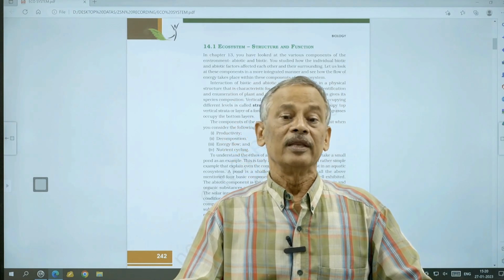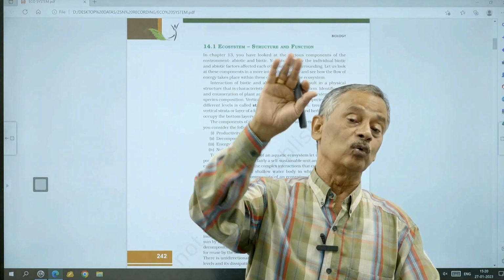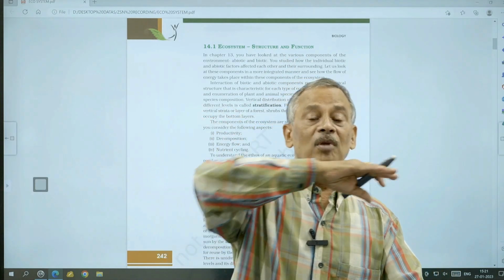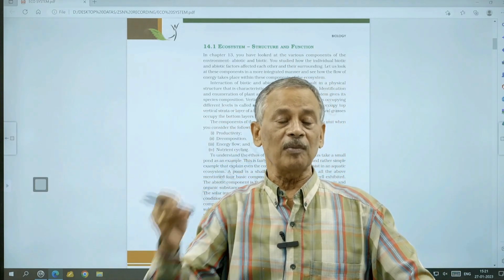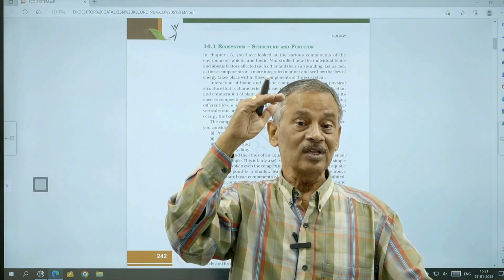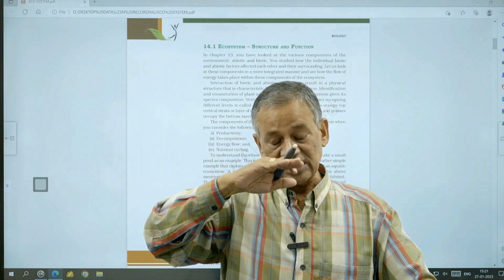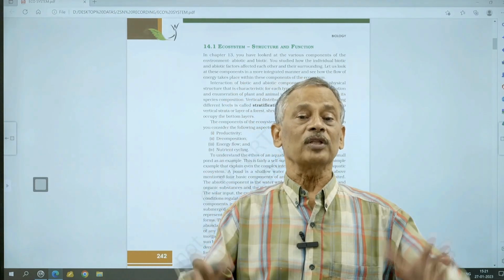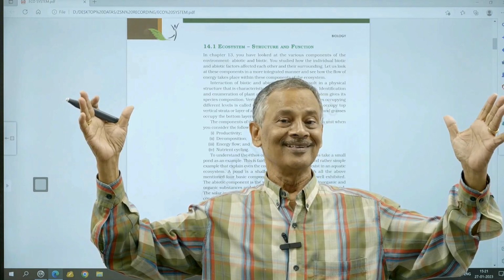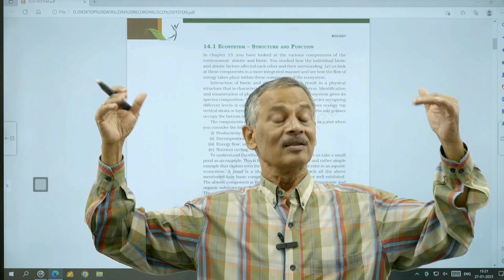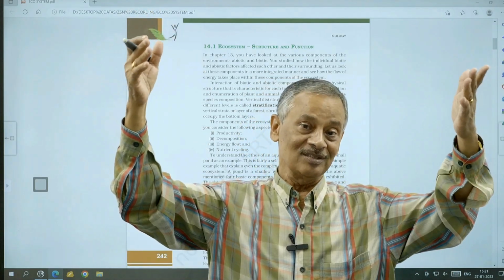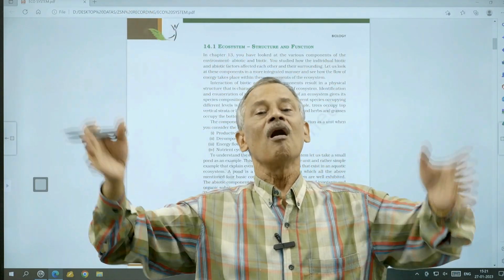Now, you have producers. Producers may be of different types. Some may be floating in the surface waters. They may be very small. Some may be submerged. They are not at the surface, not visible to the surface, but just below the surface, so that they will be getting light. And some may be rooted. There may be submerged, or some may be emergent. So all of them are producers.